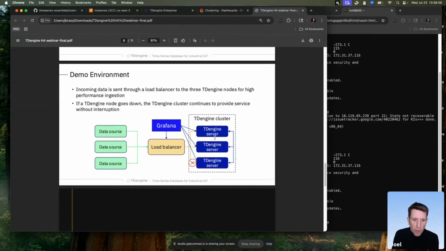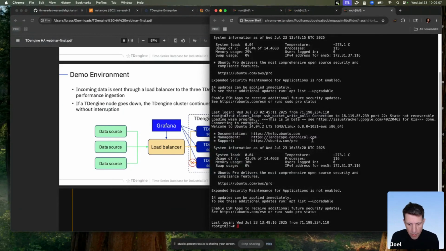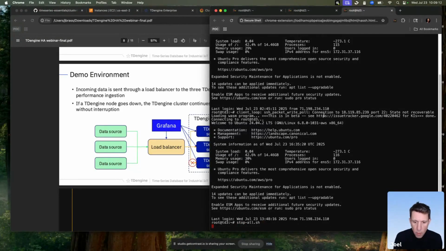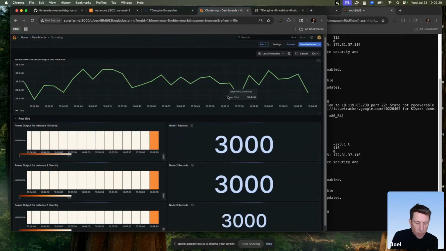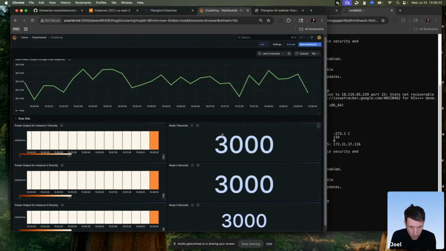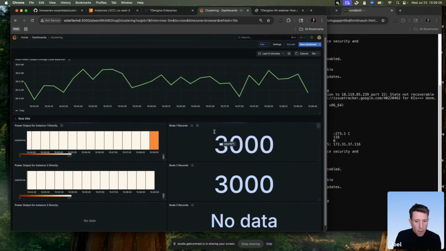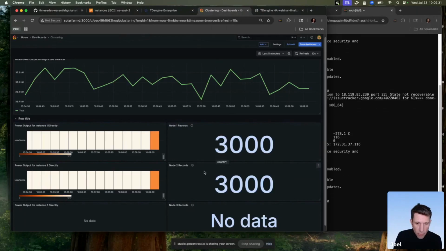Now, going back to our diagram, what we're going to do is have a failure here. The bad guys are coming into the system, and what they are doing is stopping TDengine on node 3. So we're stopping the service. The service is failing here on TDengine 3, and we are monitoring the situation to see what happens. And we can see that there's now no data coming in to node 3, or node 3 is no longer available. We've turned the service off, and the rest of our cluster